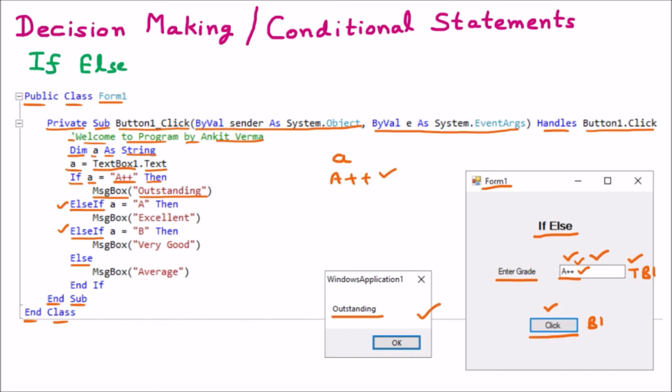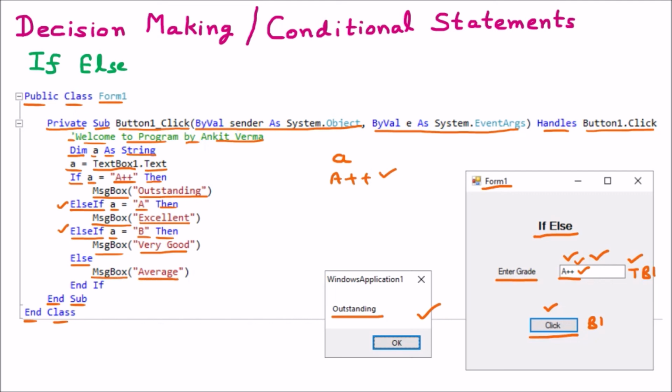Now maybe the user is entering, let's say, A, so else if a is equal to capital A, then the message box will display excellent. If the user is entering B, then the message box will say very good. Otherwise, in all other options, let's say if you are not entering A+, A or B, then in other cases it will show you average.